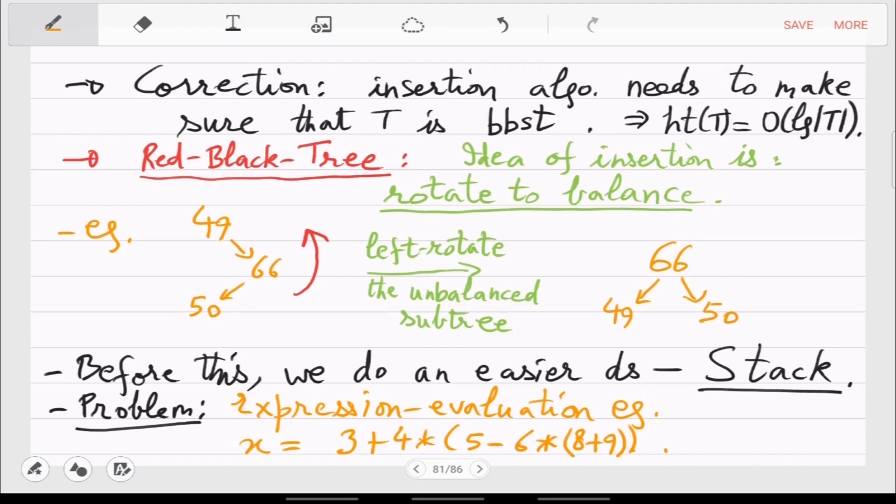You can look on the slide here, but the computer cannot look at the expression as a whole. It will only look at a few numbers at a time, right? So it will not know where to start from, whether to start from plus, multiplication, minus, 3, 4, 5, 6, or what. Everything is equal for the computer.